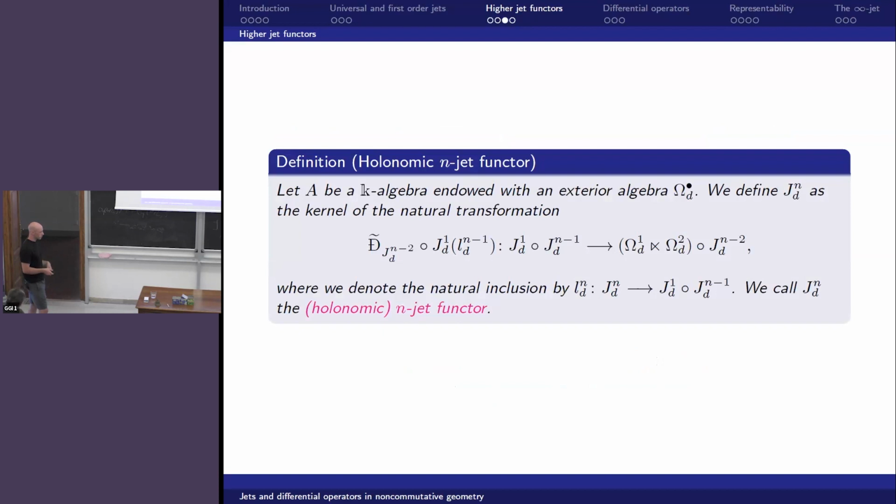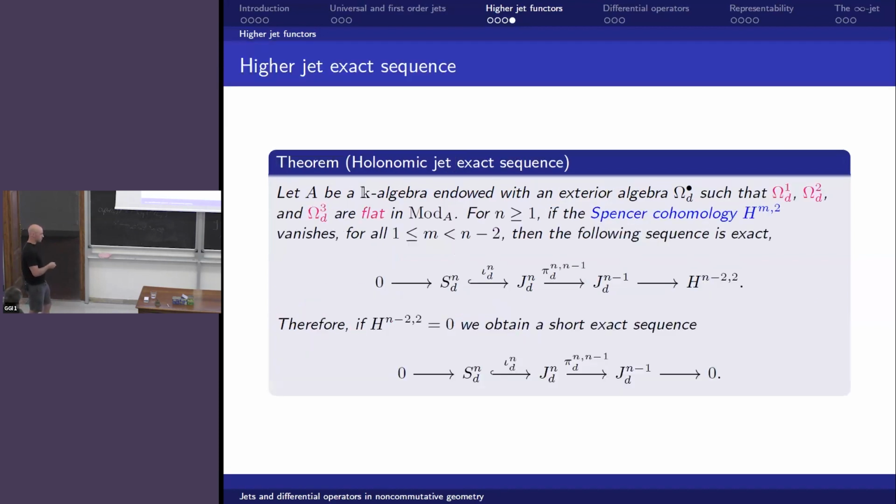There's a few different definitions, but they will coincide in the case that you have the first degree of your exterior algebra, so omega 1D, your first order calculus, being flat as a right A module. And by flat, I just mean the corresponding tensor functor is exact. It takes short exact sequences to short exact sequences. So you build them inductively. I won't go into many details. But then one property you want is that this jet short exact sequence holds. And the reason you would want this is